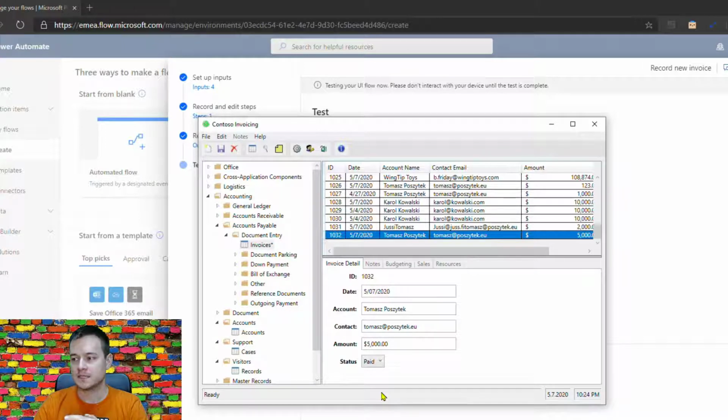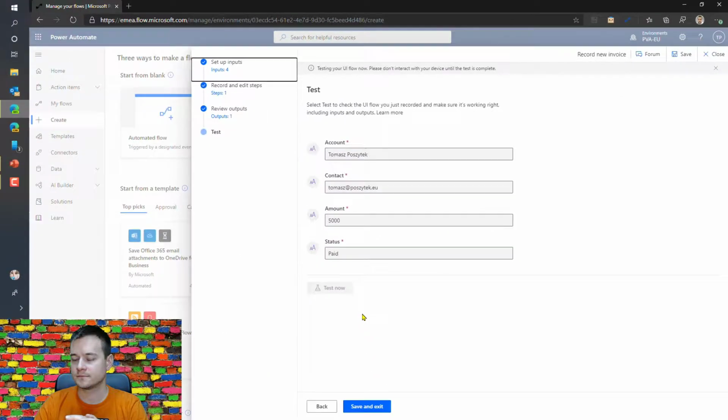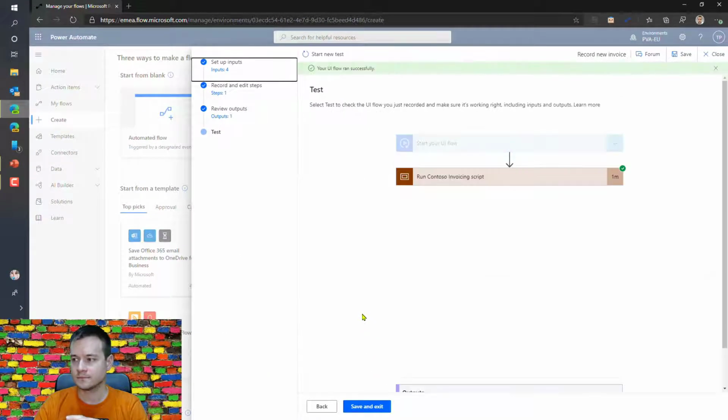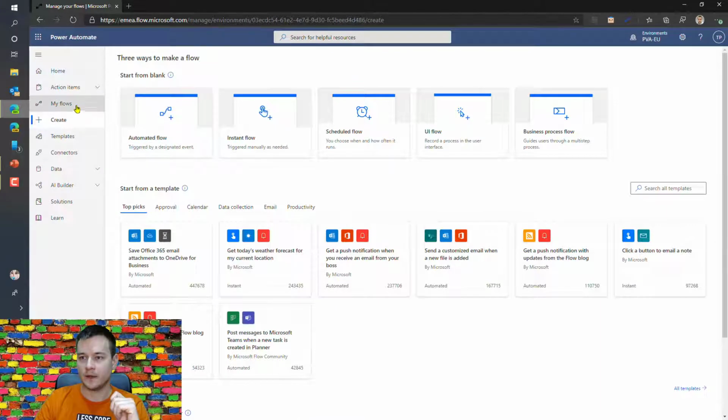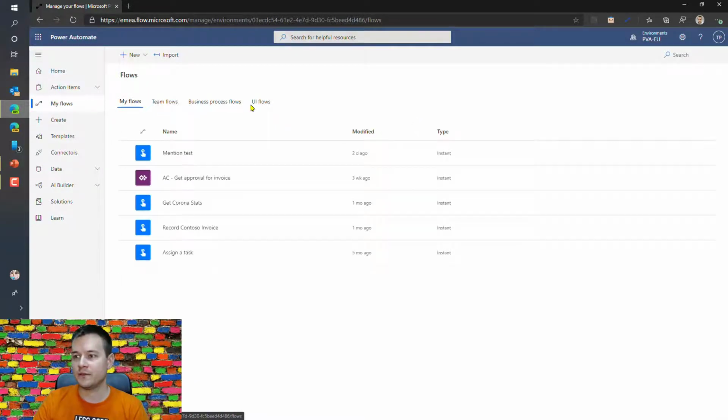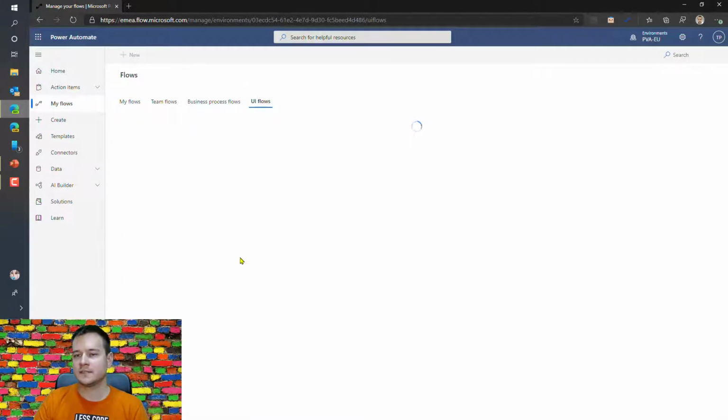Yeah, and lastly, it should close the application. Okay, so it was run successfully and the output was registered as well. So I'll now save it and close. Okay, let me just jump back to the UI flows. So the next thing I want to do